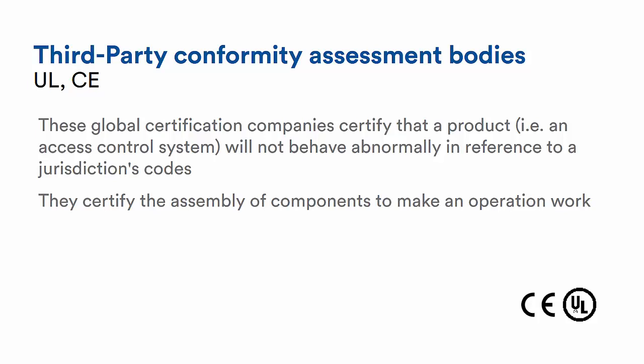Now, comparing UL listing and component recognition is like comparing a car and an engine. A car is a finished product, and an engine is a necessary component. However, not every engine is compatible with every car. The same is true for UL recognized components, which will not be compatible with all end product requirement applications. UL listing's evaluation of an end product includes an investigation of the construction and performance of all installed components. It is not until a recognized component is installed within an end user product that UL can verify compliance with